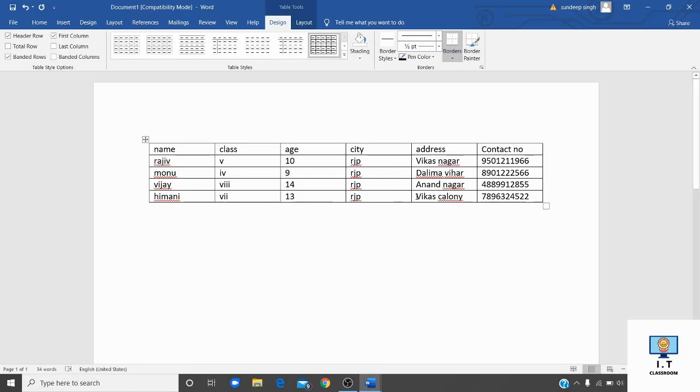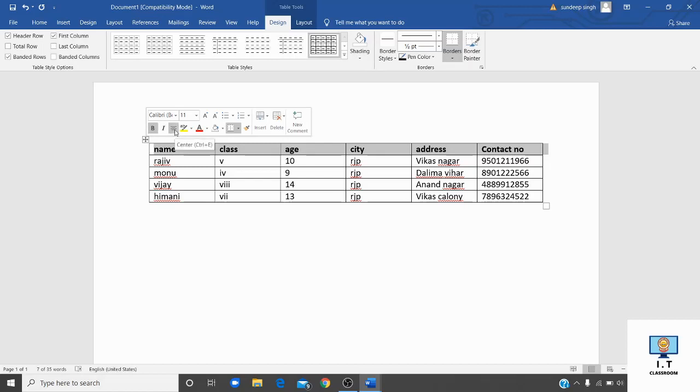Suppose you want to show the data in highlighted form. Bring your mouse pointer here in the left corner, left click. Here you have to select B. B stands for bold when you want to make your text bold.